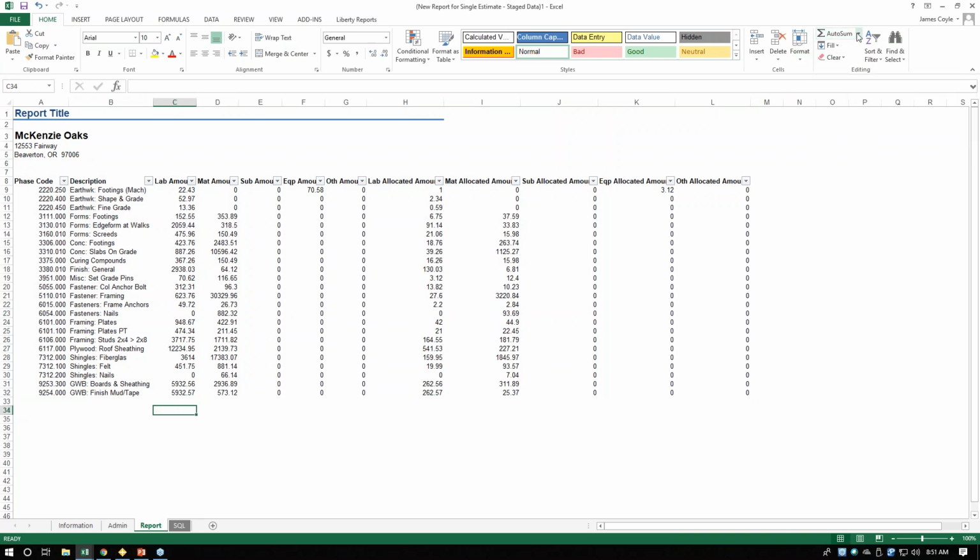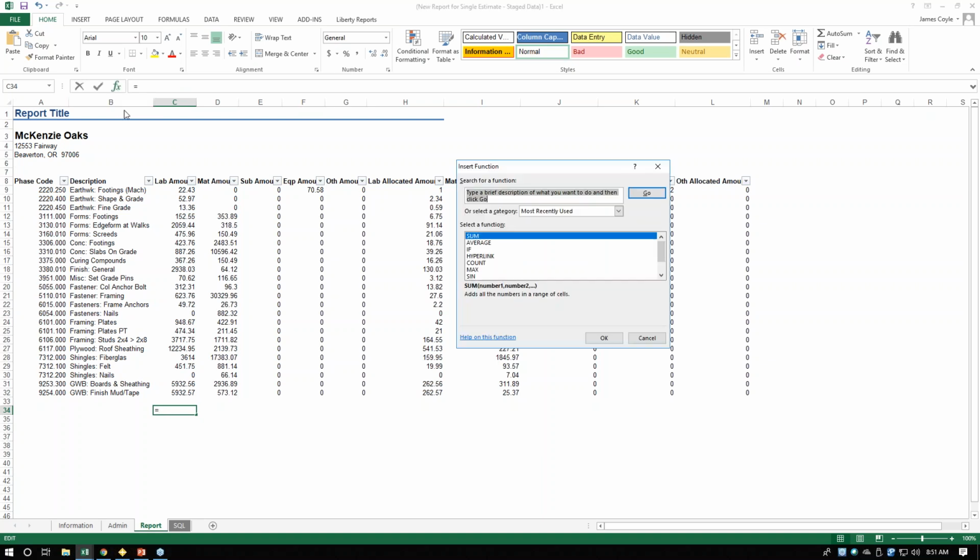So if I do an auto sum, you want to make sure that you're using the right thing. A sum is going to produce a certain result, but what you actually want to use is the subtotal function. If you limit what is being displayed because you only choose certain codes, a sum function is going to add everything up regardless of whether it's visible, whereas a subtotal function won't do that. So I can just come over here, and there's an option to do that, but I'm just going to say